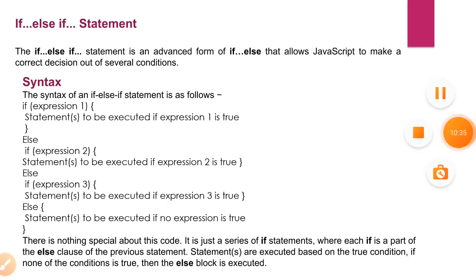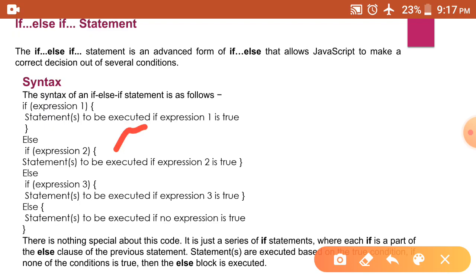So the syntax of this one is: if expression 1, the statements to be executed if the expression is true. If this expression 1 is true, then the statements of expression 1 are executed. Else if expression 2,